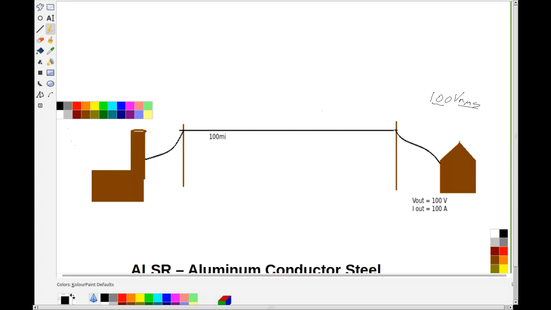Coming into my house, there's everything in my house: my electric range, my electric water heater, and all the different things in the house. If we add these up, the question becomes, what is the resistance? Well, we know by Ohm's law